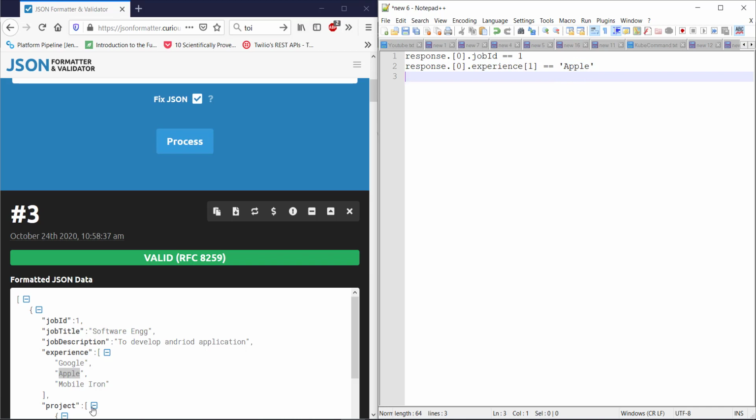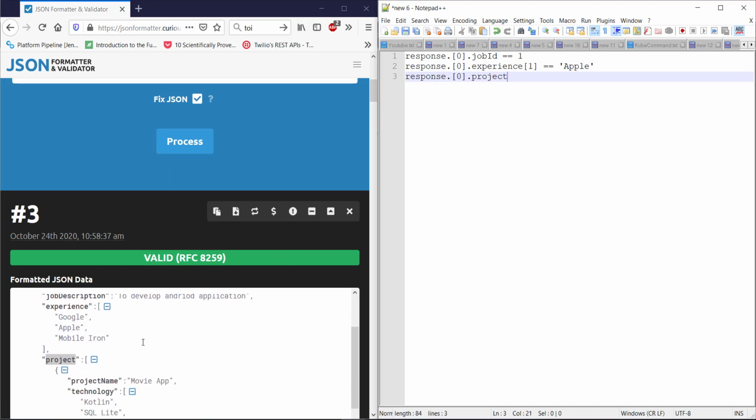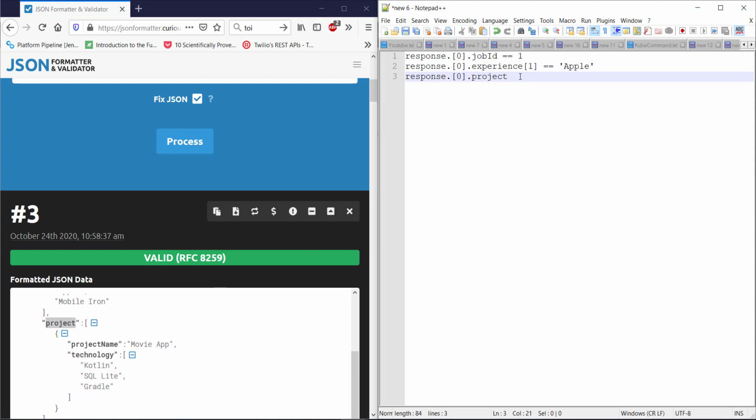In a similar manner, we can write the expression for this JSON array. So response dot index 0 dot project. Inside this project JSON array, we have only one entry, so the index is 0 and then dot the property name.